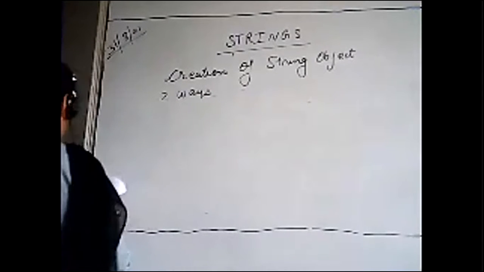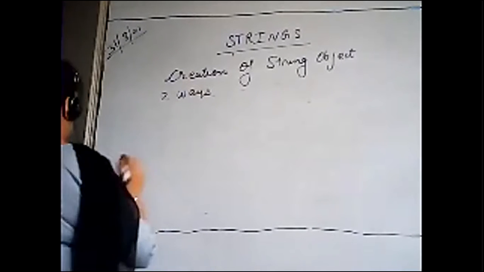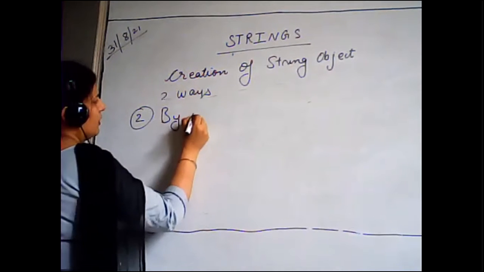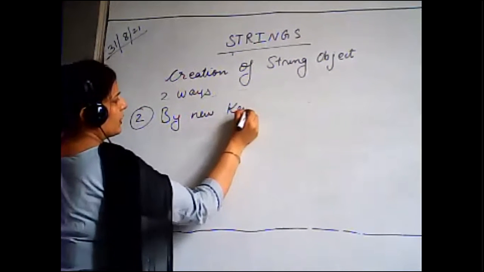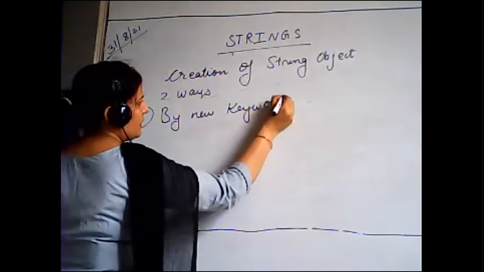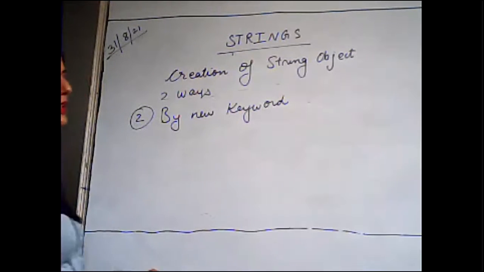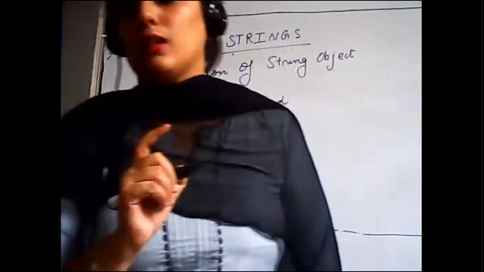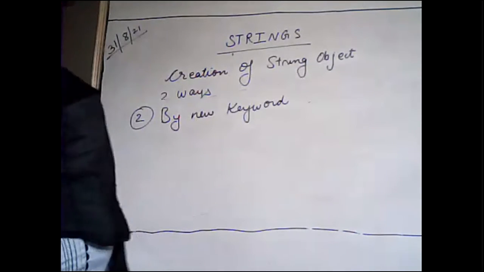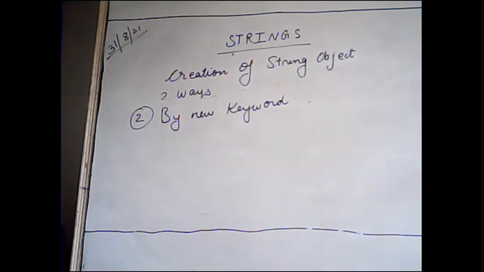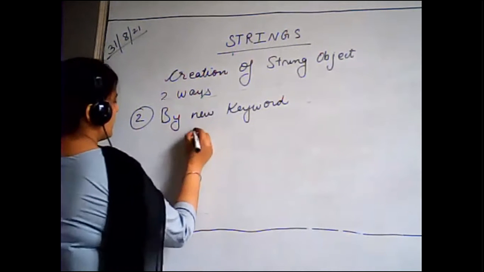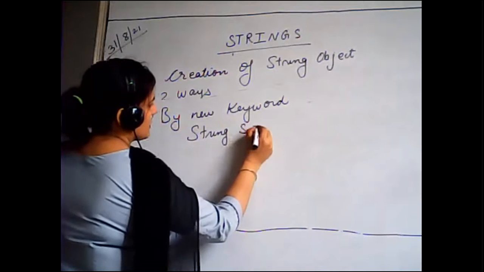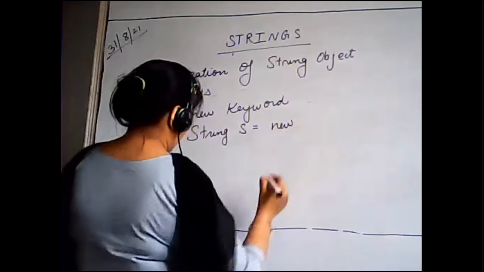The first method was using the string literal. Now we are discussing the second method, which is by using the new keyword. We can represent it like this: String s equal to new String